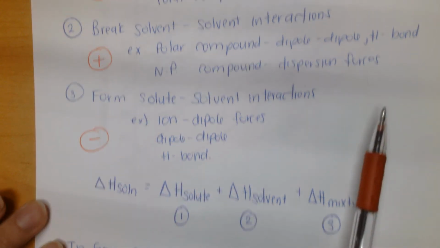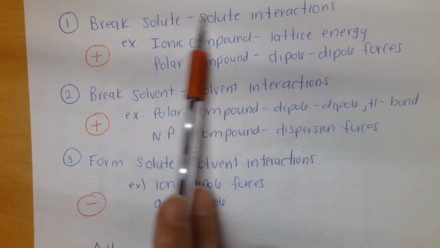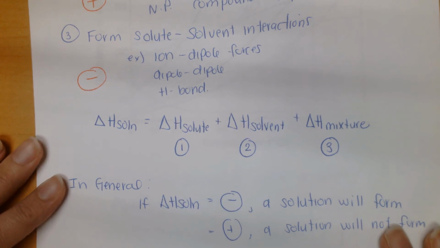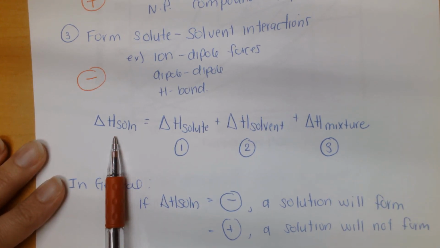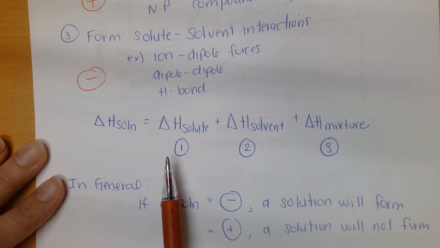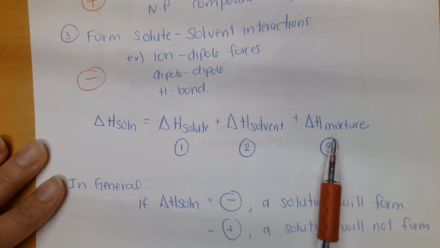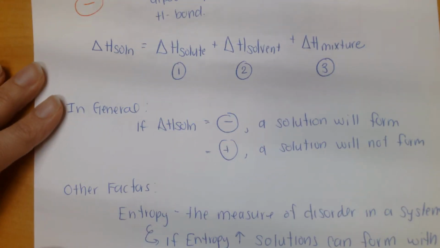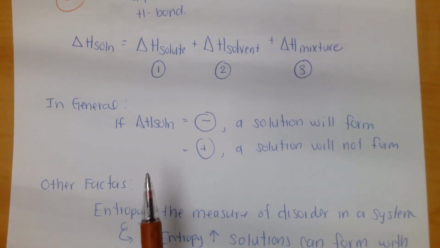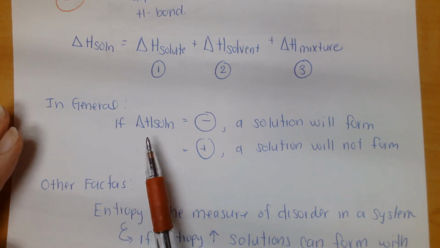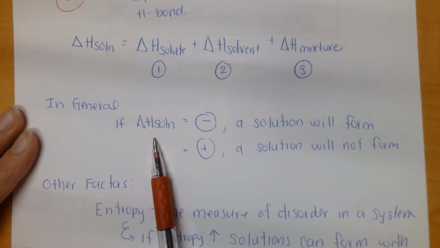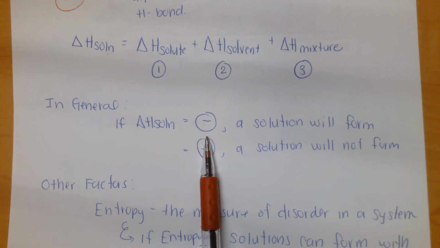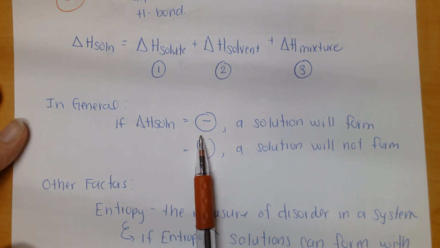Okay, so two processes that are positive, breaking interactions, and one that is negative. So the enthalpy of forming a solution is all three of those things added together. These two are positive and this one is negative. So to get something to dissolve into something else to form a solution, generally speaking, we need delta H to be negative. So we need the solution to be at a lower energy state, to have a negative delta H